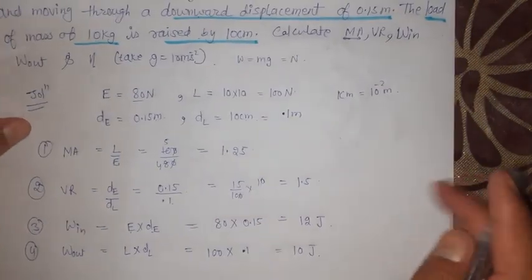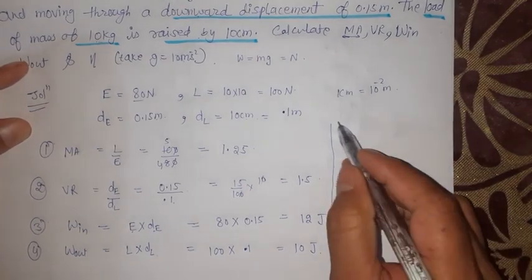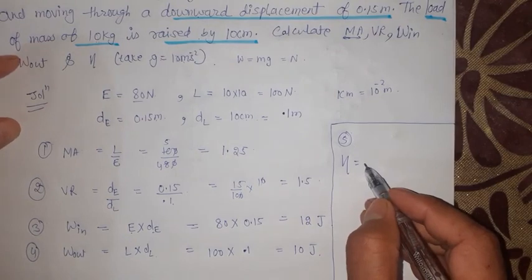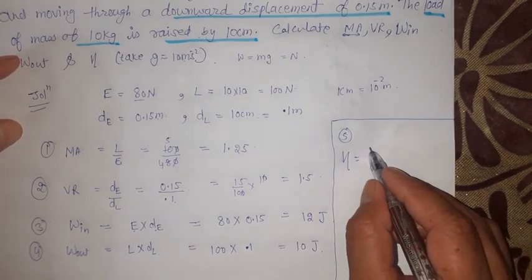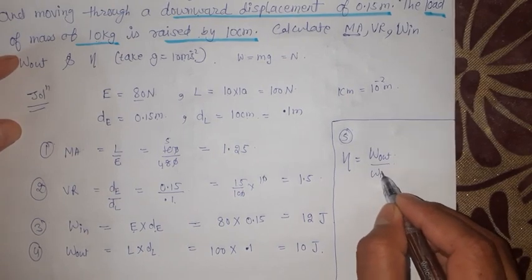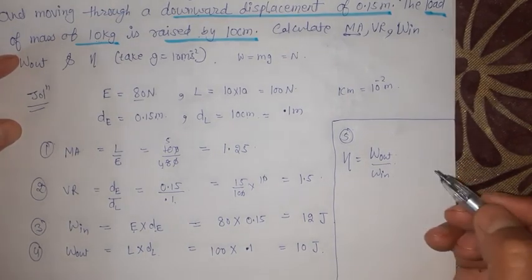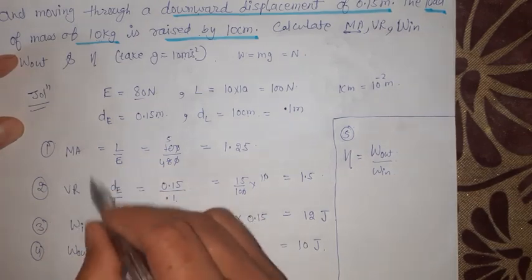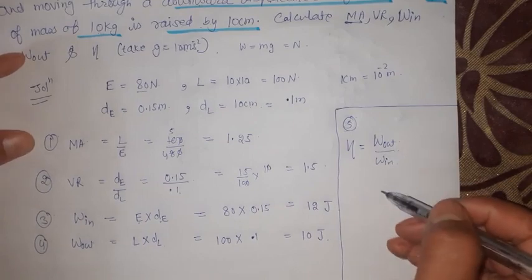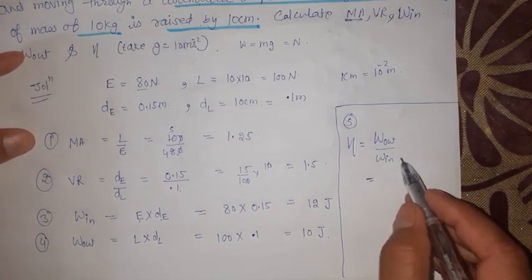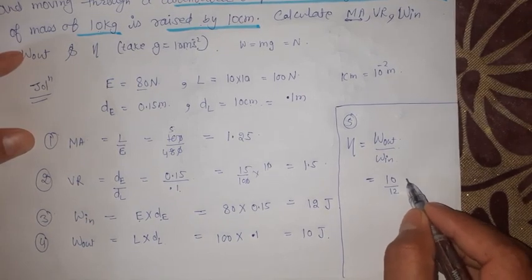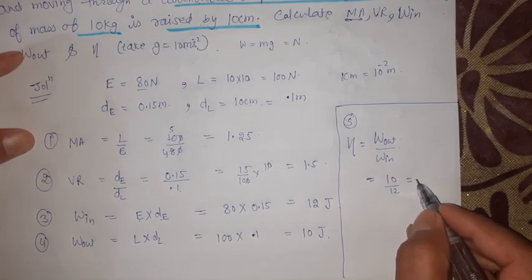Now the fifth point is, we have to find out efficiency. So what is efficiency, student? We already know that it is given by the ratio of output work to input work. You can also calculate it with the help of this formula, which is mechanical advantage to velocity ratio, and with the help of this you can do the same. So work output is how much? It is 10 upon 12, so that will come out to be